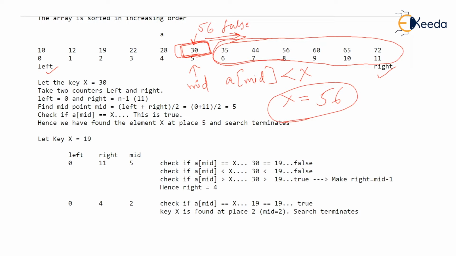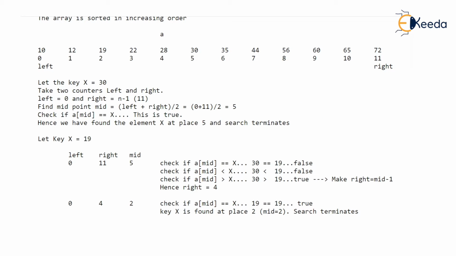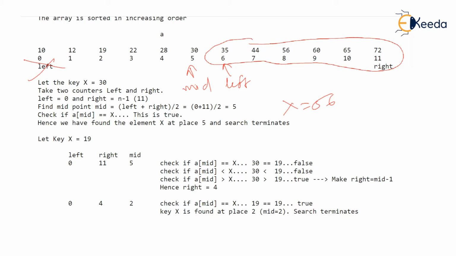Isn't it so? Look, we are looking for X equal to 56, and this was the mid we got. Mid was 5. So now we are going to change the left. Left is now going to become 6. So that means we are searching the value from left to right. Now what next? We have got a new left. Although right is 11, we will again find mid. Now mid is left plus right, 6 plus 11 upon 2, which is 17 upon 2, which is 8. We are talking about integer arithmetic. So mid, which was 5, will now be 8.